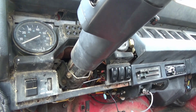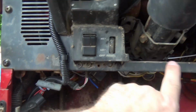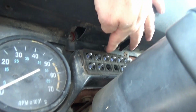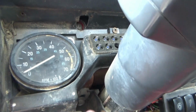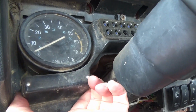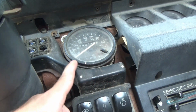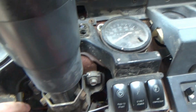Once you get all the bezel off, if you want to get that froggy, you've got 2 screws here, 2 screws here, and 1 up here, and that should get all this plastic section right here off. See how it moves? That's all this across through here, down through here, this right here, then circling up through there. It leaves your gauges intact, but you take all that off too to help you get to the